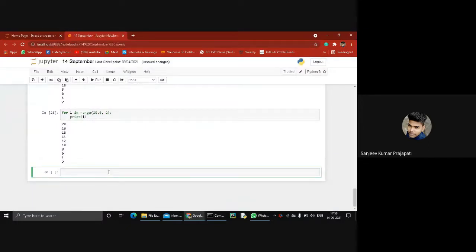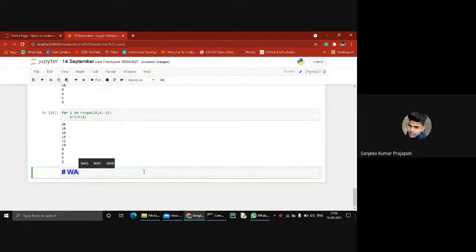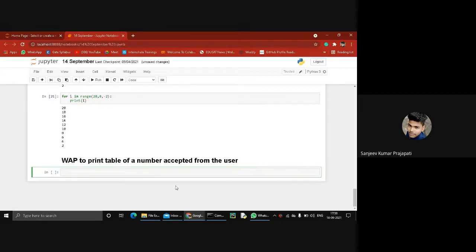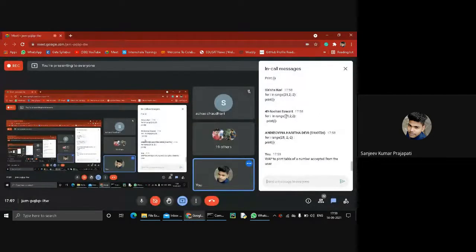So the next question is: write a program to print the table of a number accepted from the user. I mean, input taken from the user.